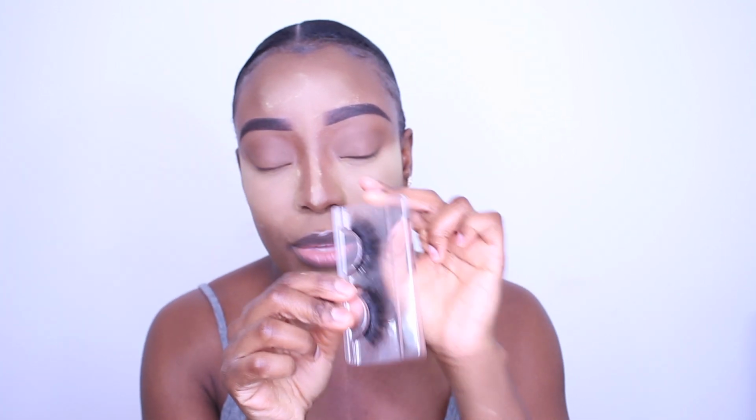So for lashes, I'm going to be using these lashes I actually got from AliExpress. And these lashes here, I love them. They're so wispy and fluffy. I really like them. Using this duo glue, the Quick Set Strip Lash Adhesive. So I'm going to just apply that, and then while that's getting sticky,